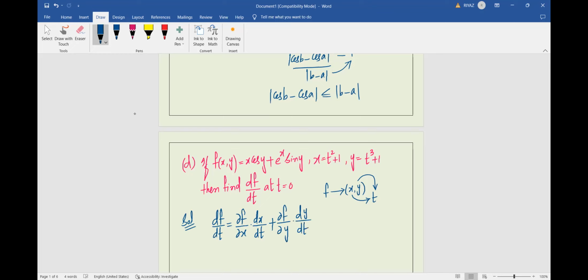अगर मान लो इसमें एक और वेरिएबल रहता f x कामा y कामा z, तो यहाँ पे प्लस और एक आता था dou f by dou z into dz by dt, समझिए ना? अगर मान लो x में भी अगर मोर देन वन वेरिएबल आता, t1 के साथ साथ